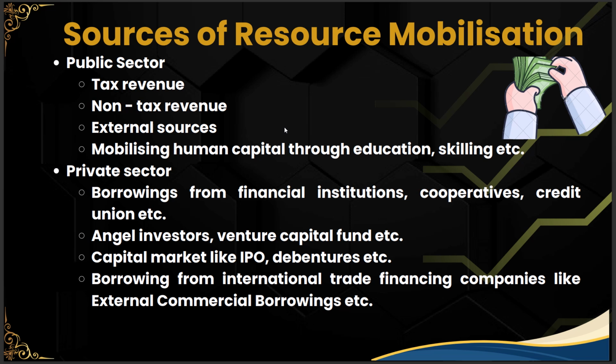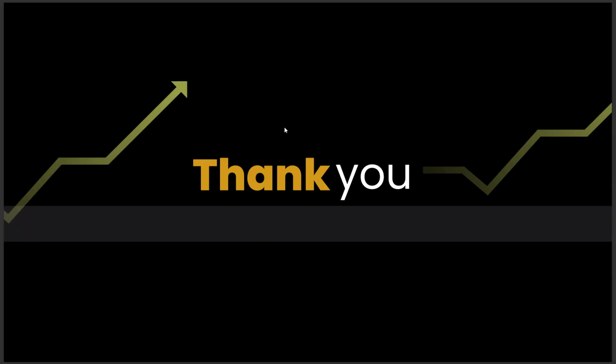The capital market, like share markets, IPOs, and debentures, helps in sourcing the funds. And again, borrowing from international trade financing companies, like external commercial borrowings, all help in mobilizing resources for public and private sector. So yes guys, that's it for today's lecture, where we dealt with